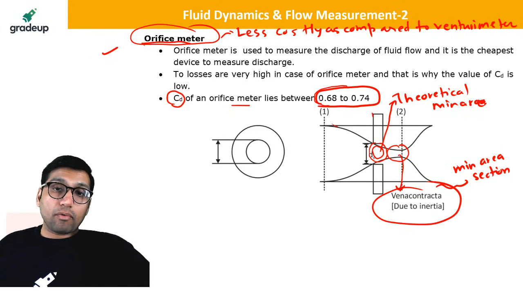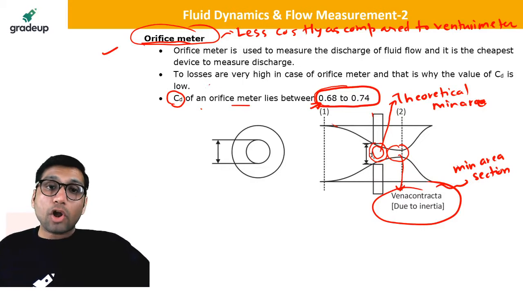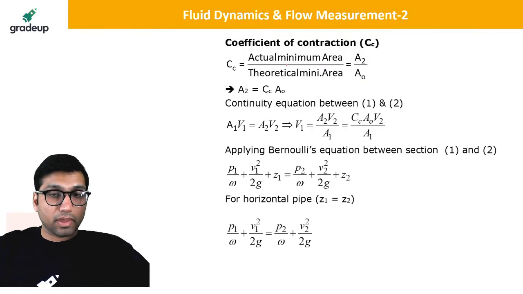That means it has a lower coefficient of discharge because it has more losses. Because it has more losses, that is why this coefficient of discharge will be less. Okay. Now, in the case of